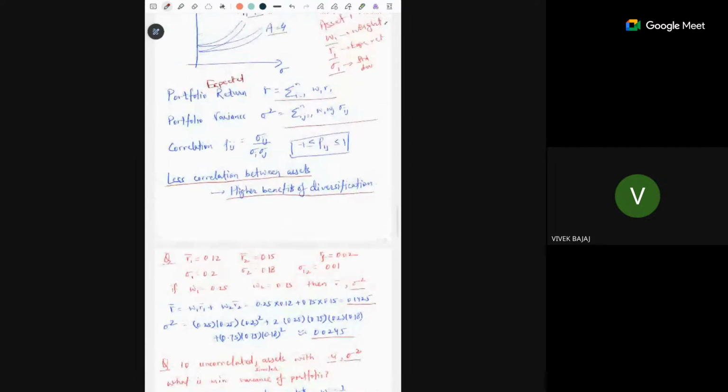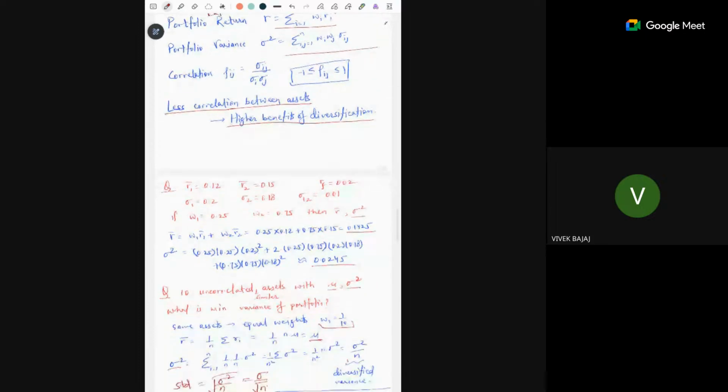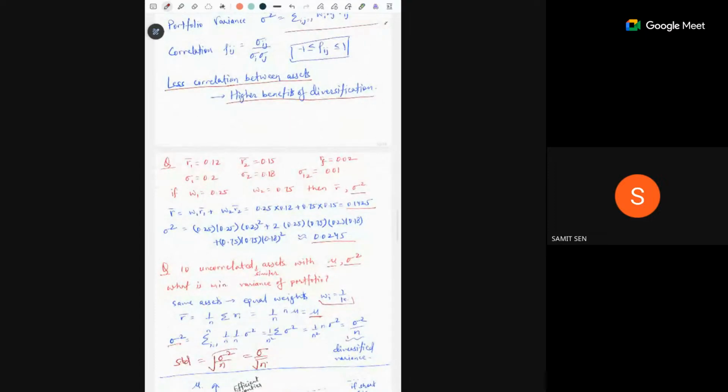Okay, these are the basics: how do we calculate the portfolio expected return and variance. And from there, sir, my point is, when you are calculating the sigma square, the sigma ij, in the two asset case, the sigma 1, 2 figure is missing here. Sigma square will be W1 square sigma 1 square plus